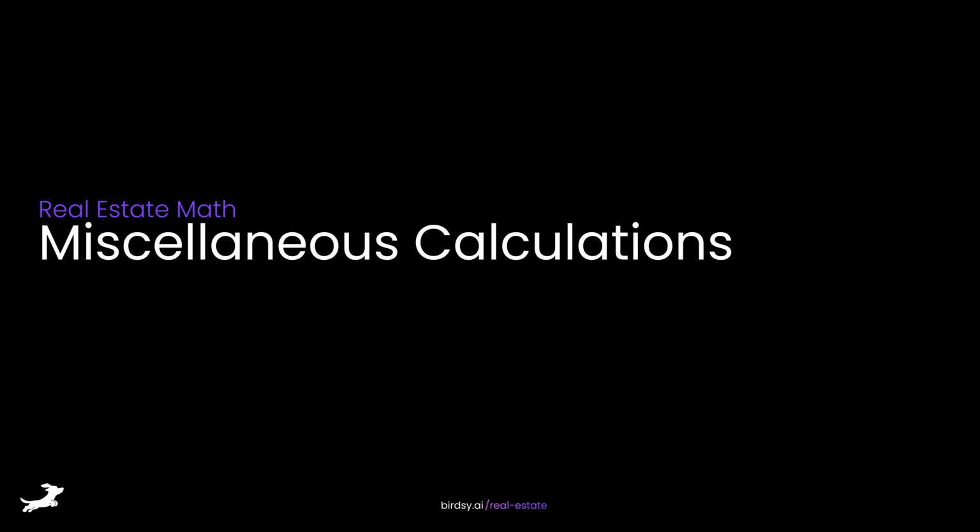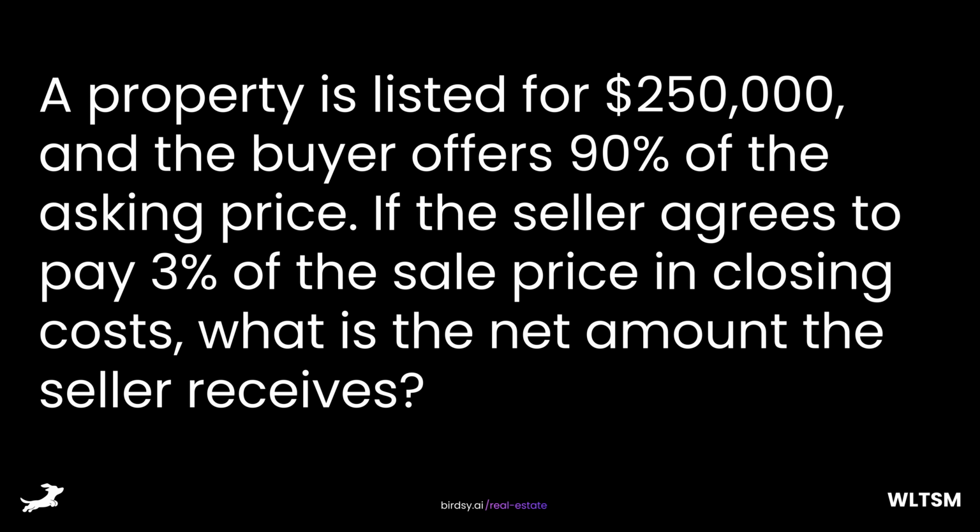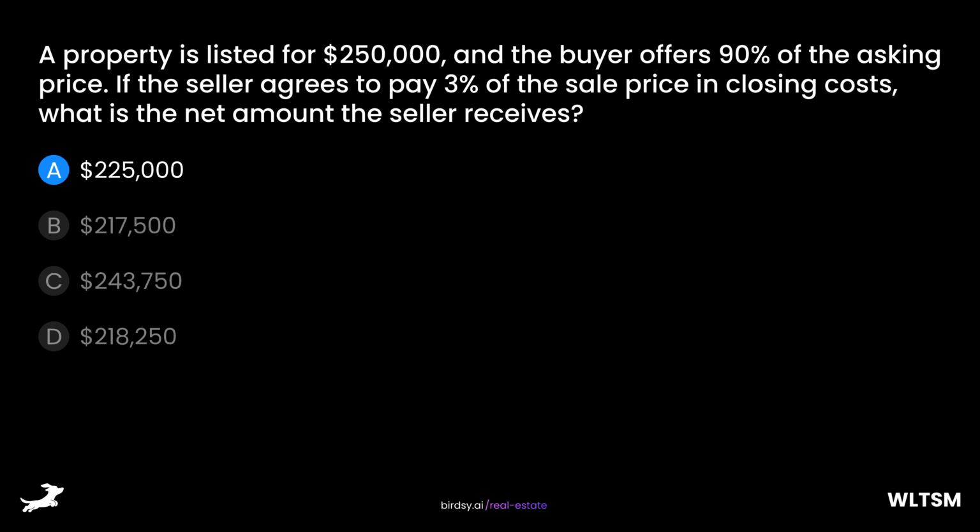Miscellaneous calculations. A property is listed for $250,000 and the buyer offers 90% of the asking price. If the seller agrees to pay 3% of the sale price in closing costs, what is the net amount the seller receives? Is it A, $225,000, B, $217,500, C, $243,750, or D, $218,250? The answer is D,